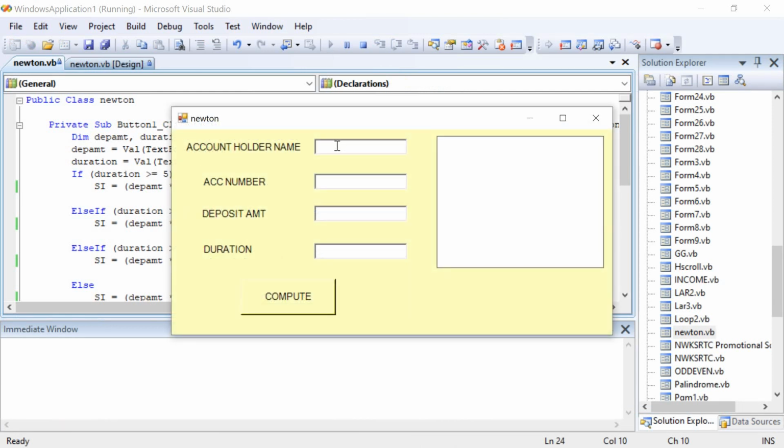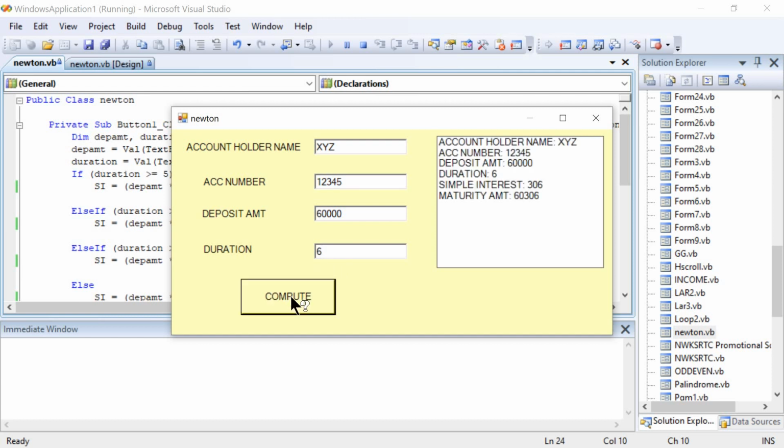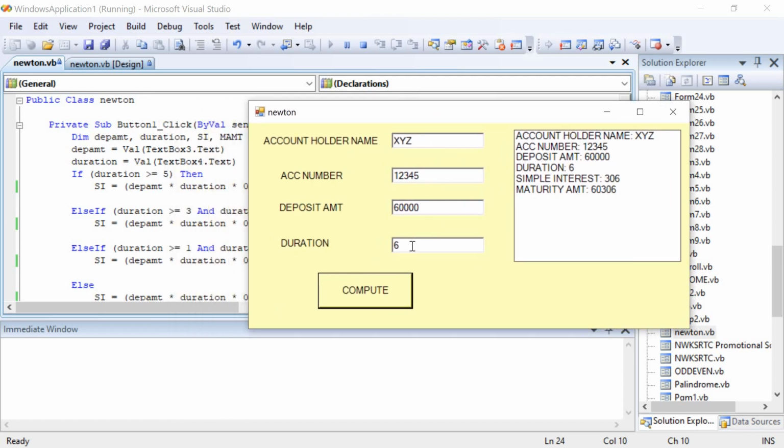Account holder name, XYZ, account number, deposit amount, duration. Click on compute. Right. In the same way, let's take for 4 years.